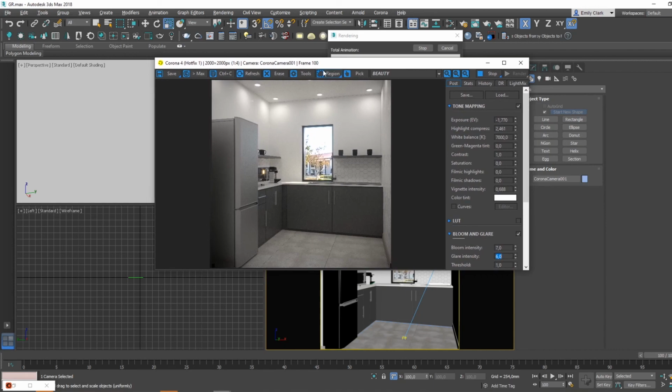but that's pretty much it. Once you've done that, you can bring it into Photoshop if need be and do minor tweaks. I don't normally do a lot of tweaks in Photoshop,